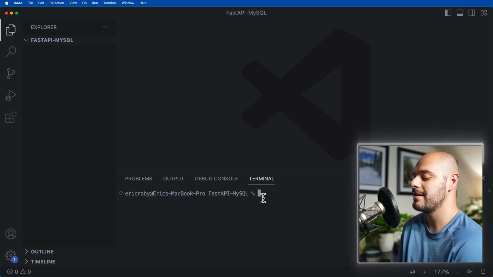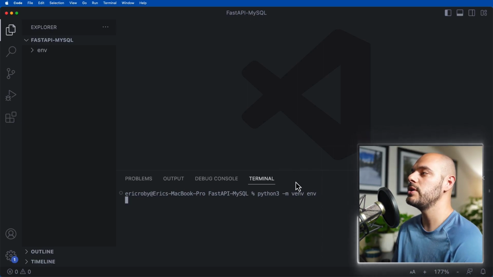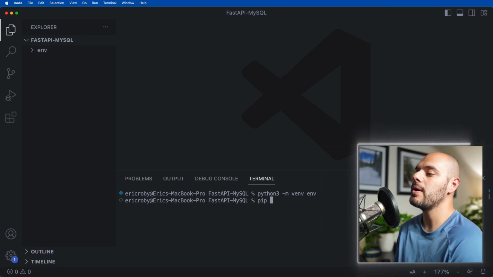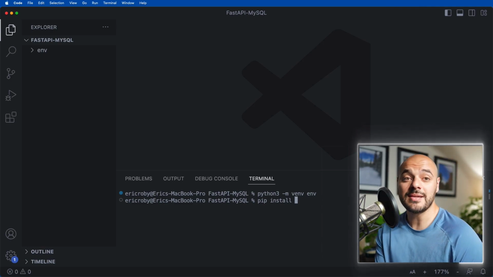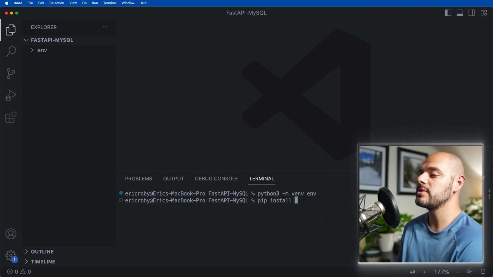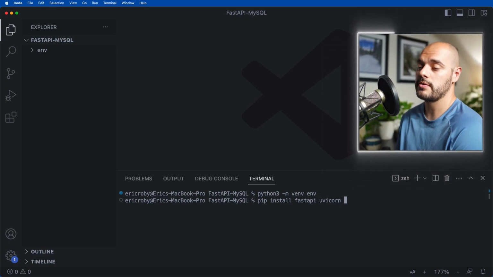on your PC. So let's just say python3 -m venv. When you do this, you'll see that we created an environment within our directory. And now we can install all the dependencies we need for FastAPI to work with MySQL. Now, what we need to install is FastAPI, uvicorn,